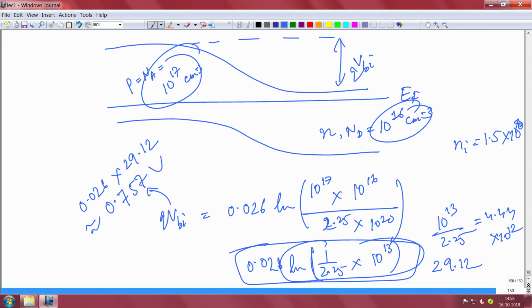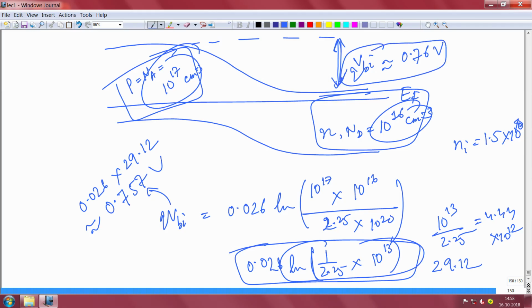So you see, if you have a doping of 10 to the power 17 on one side and 10 to the power 16 on the other side, the built-in potential will be almost equal to 0.76 volt. That is the voltage that is dropping across the P and N. There is a built-in field here, a built-in potential, and this potential cannot be measured, but it can be calculated. This depends on the product in ln Na Nd by Ni square. So if your doping on both sides increases, then this product also increases, and so the built-in potential also increases.